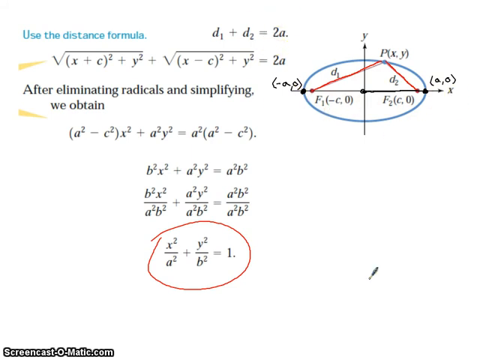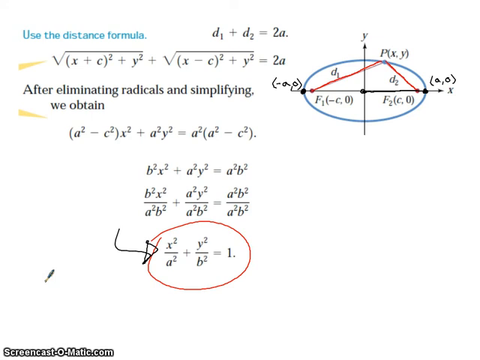So that's like saying the major axis, right? If we identify some points on the ellipse and use the distance formula for d1 and d2 and simplify, we're going to eventually come up with the equation of the ellipse centered at the origin, with the horizontal axis being the major